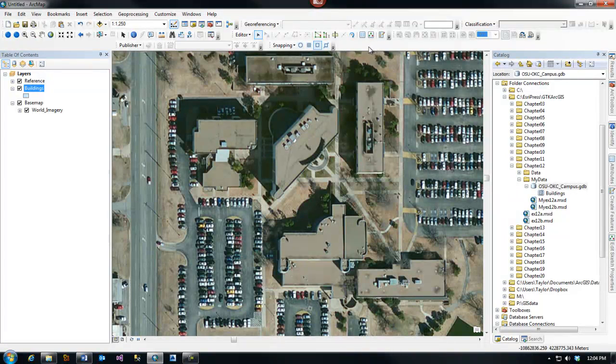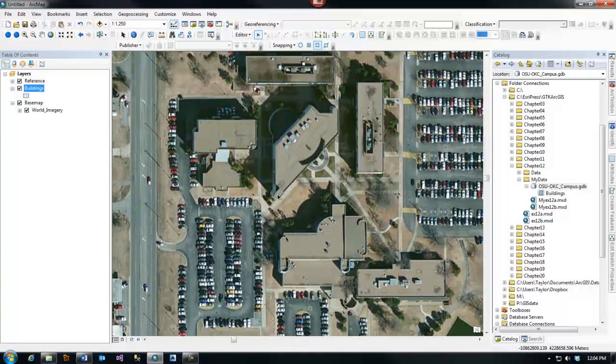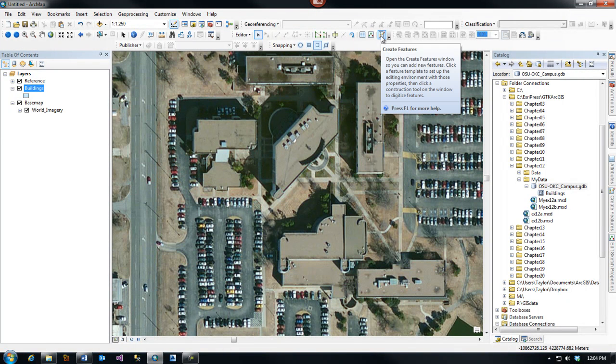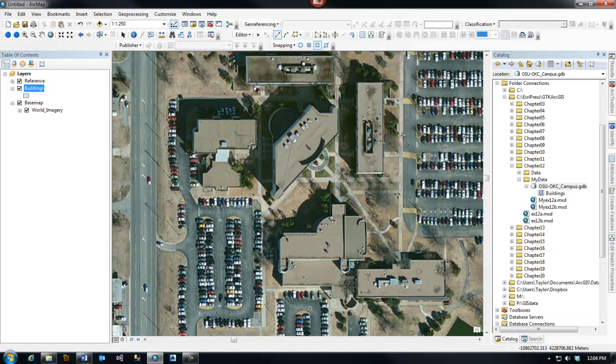Start editing. We don't really need to, the snapping won't matter because there's nothing to snap to, but we need to select on create features, highlight our buildings, and I'm going to choose a polygon because I'm going to outline this building, the center building. And how I do that is I'd actually start, because I'm not sure from, you can see the image has got a little bit of parallax in it. That's the lean,